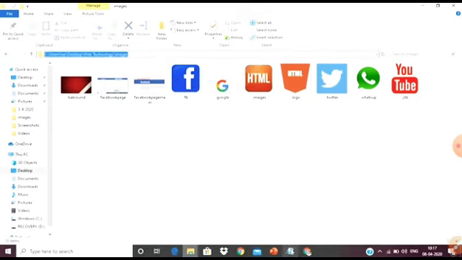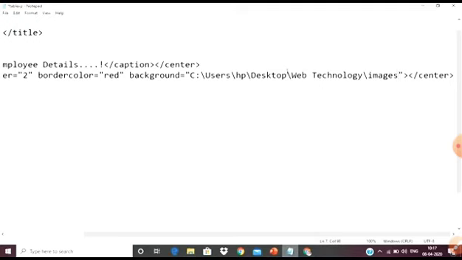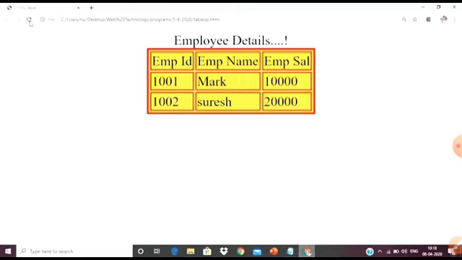Click on the image, and you can copy the path automatically from the address bar, and then paste it here. After you paste the path, add a backward slash, then write the name of the image, and then put dot png, meaning you write the file extension of the format. Suppose it is a jpg, or a png, or it can be a gif file.